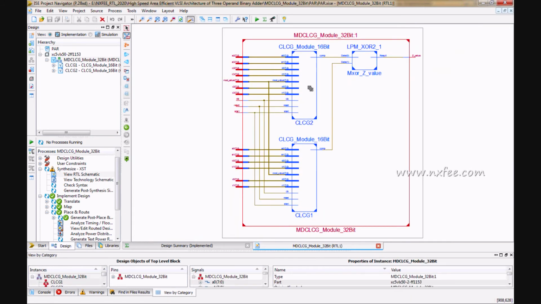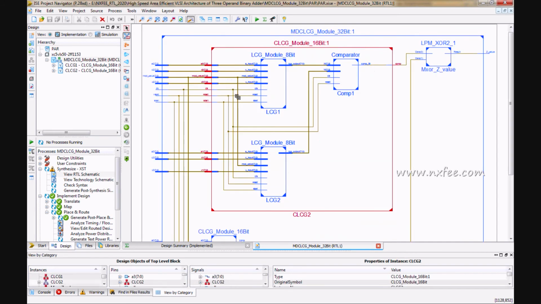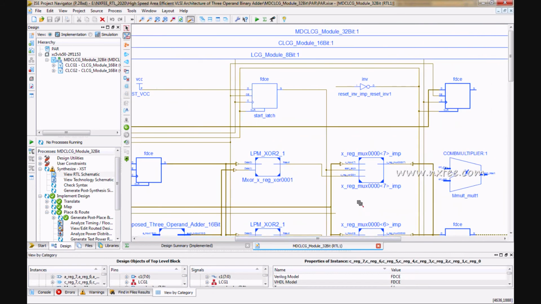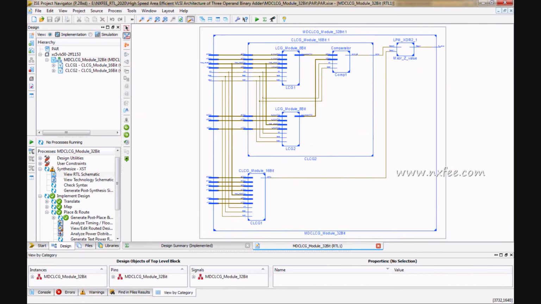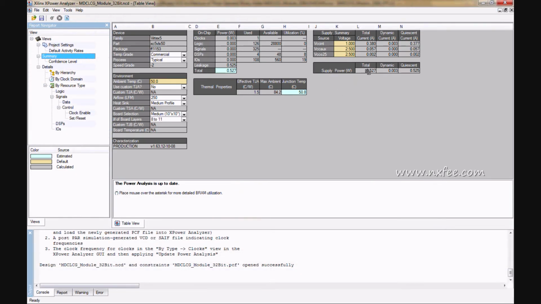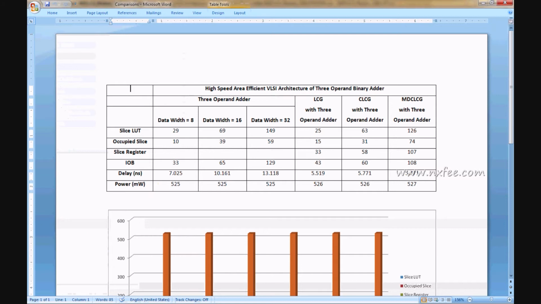The 2 CLCG model is integrated here with the XOR final output. This is a dual CLCG model with 2 LCG models and one comparator. This LCG model has a number of RTL blocks, and the power report of this MDCLCG is 0.527.